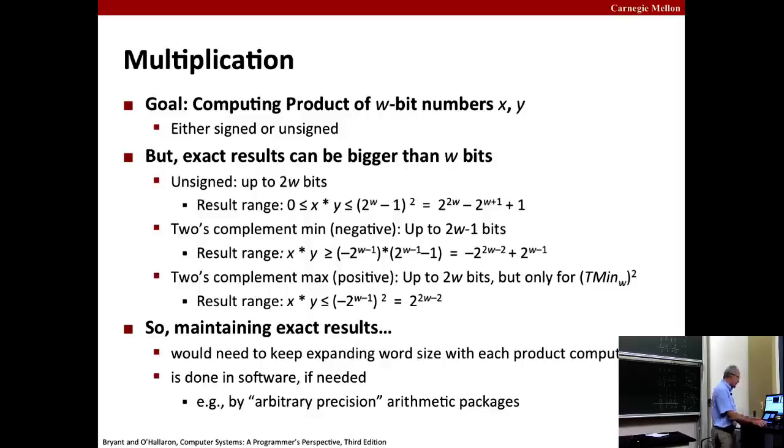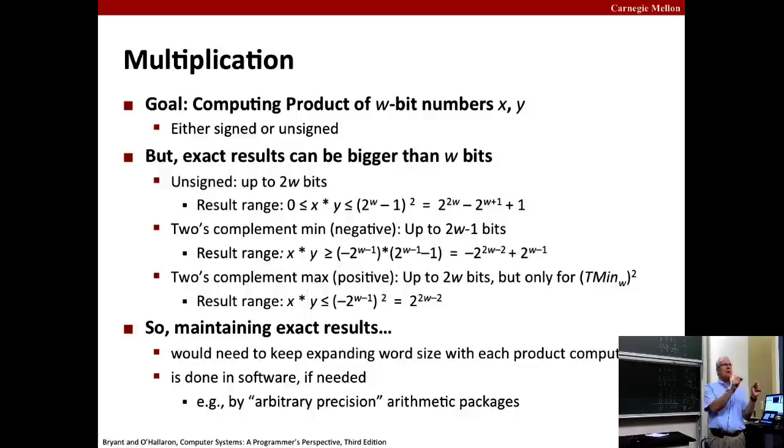And multiplication is basically the same idea. In fact, all the operations are basically the same idea, that if you can't represent it within the word size, you just take the lower W bits. So all this complicated notation here is just a way of saying, in principle, if you take two W-bit numbers and multiply them together,